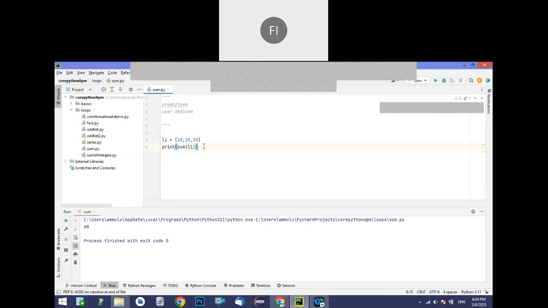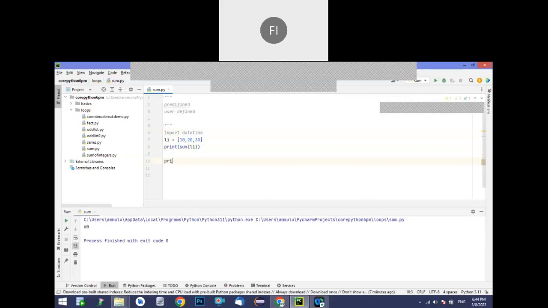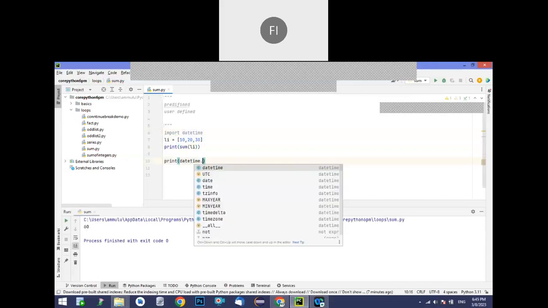Let's take another example. I want to print today's date. For that we require a module called datetime, so import datetime. Now this datetime I'm calling here is predefined, but we can't use it directly without importing it. Now if I want to print it, here datetime dot,